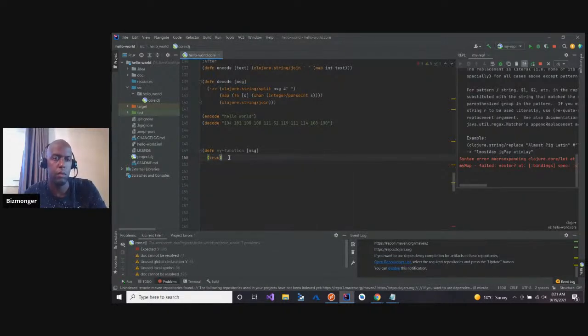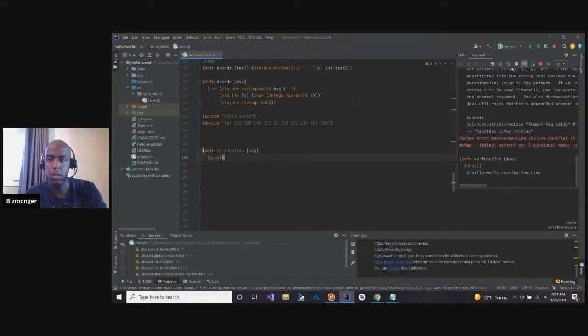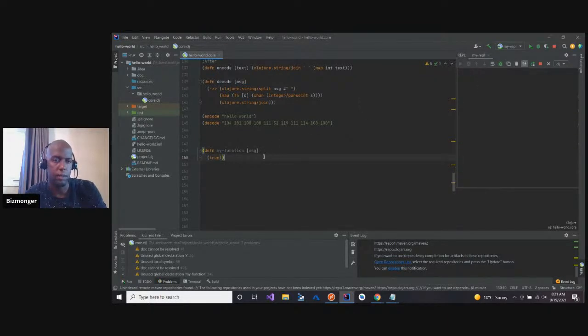True. Form contains syntax errors. No, oh, because I'm missing that. All right, so that compiles. Okay.